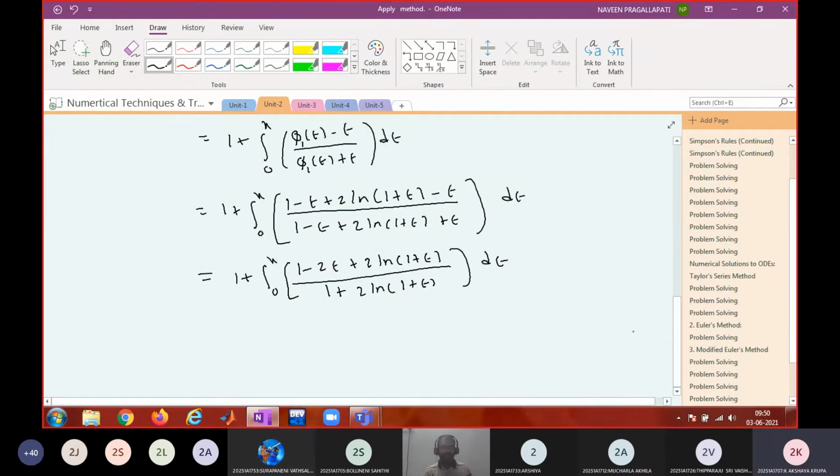No, sir. Even I don't know how to do this integral. Don't say impossible just because I can't do it; it doesn't mean that no one can. Separating, we can do 1 plus 2 ln(1 plus t), plus 2. That's why I said for me it is not possible. If you can integrate, spend some time, and if you get the answer, please let us know. We will learn tomorrow. Is that okay?